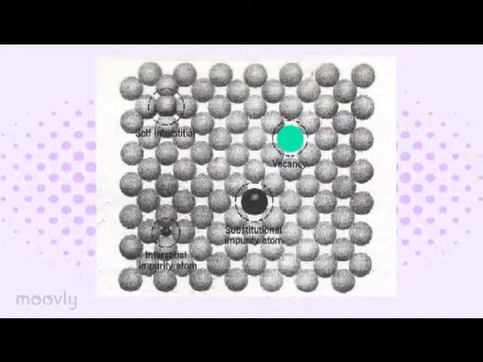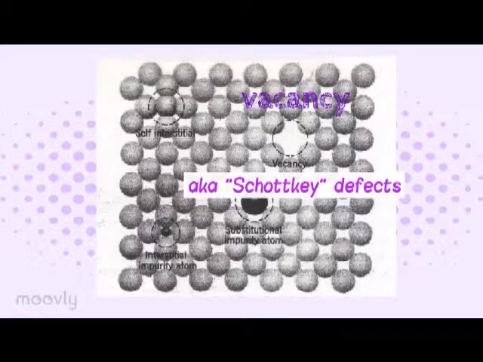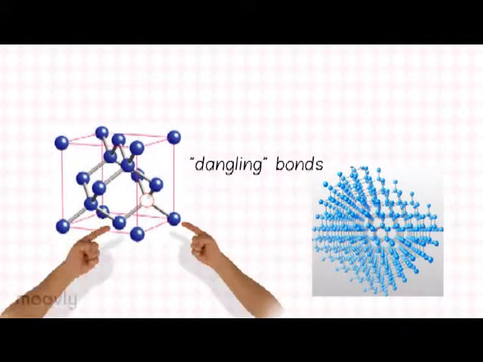At any lattice point, if an atom is missing from where one should be, we have a vacancy. Vacancies are formed when atoms are removed from their position in the lattice due to thermal fluctuations. These are also known as Schottky defects. When there is a vacancy in the lattice, we end up with dangling bonds because of the 4 neighboring silicon